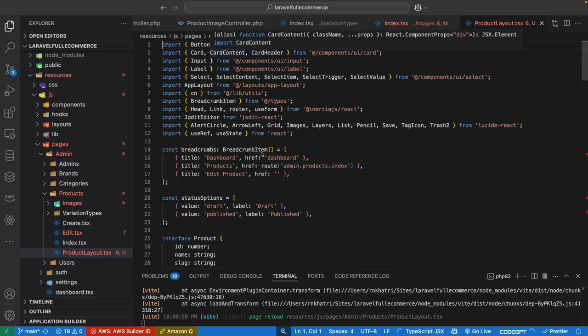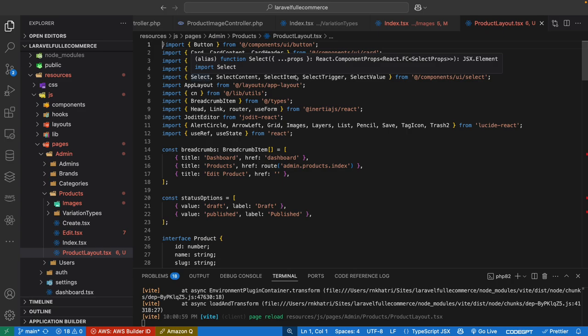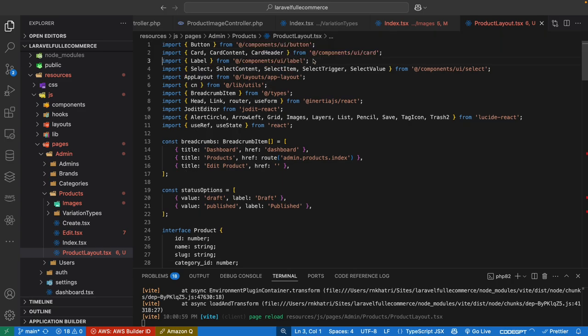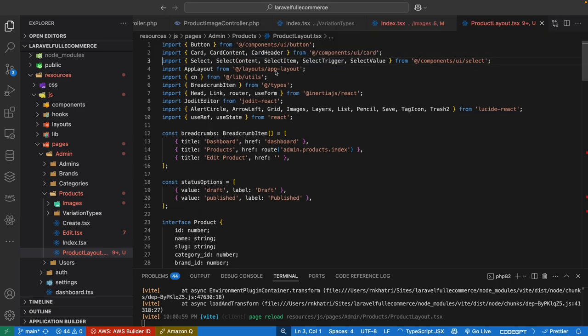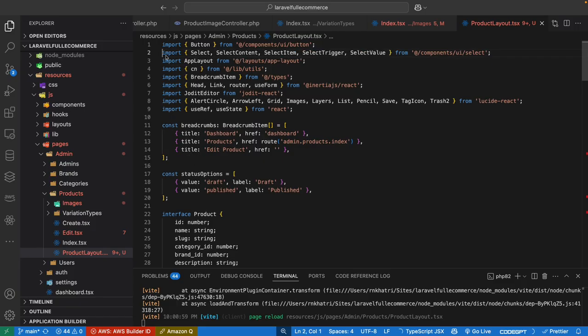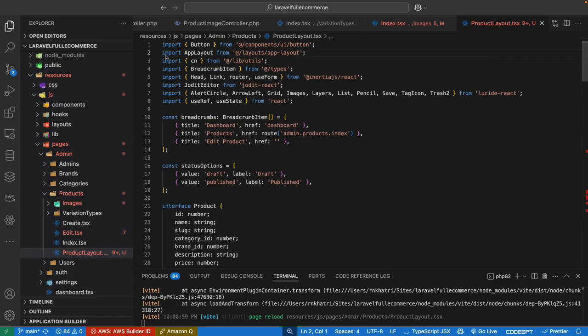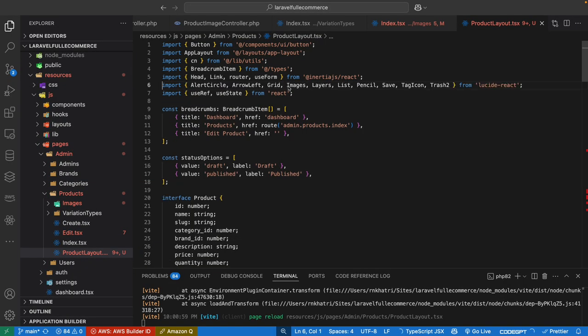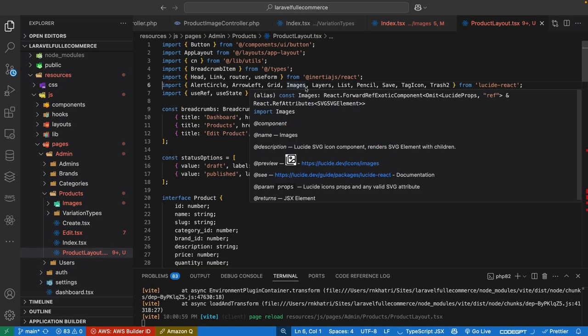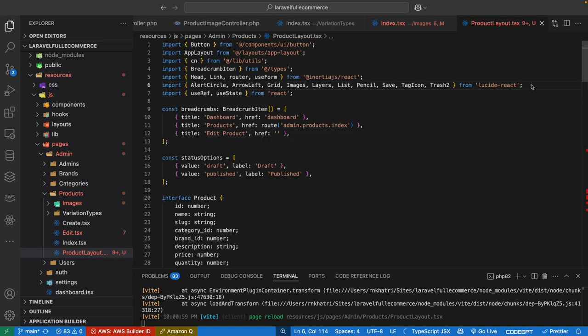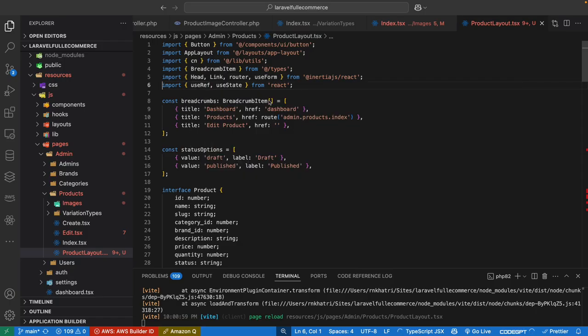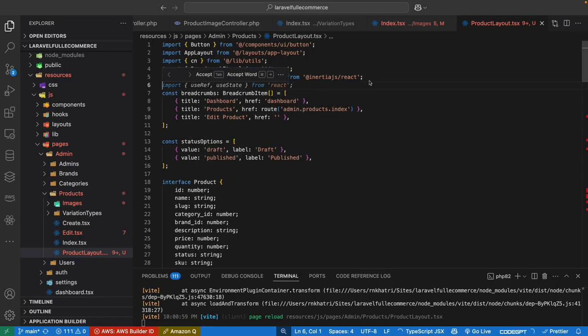Button we need, card contain card header need, we don't need input, select option also no need. Okay, then app layout we need, and breadcrumb header link we need, and then this editor let's remove, no need. Article hero left, this is no need. Okay, and then